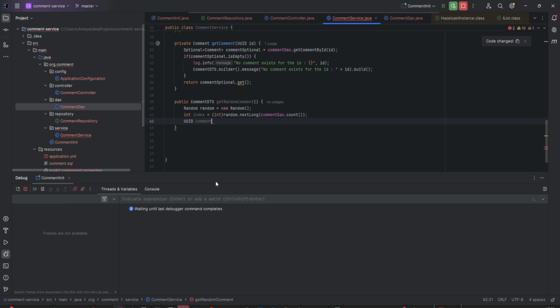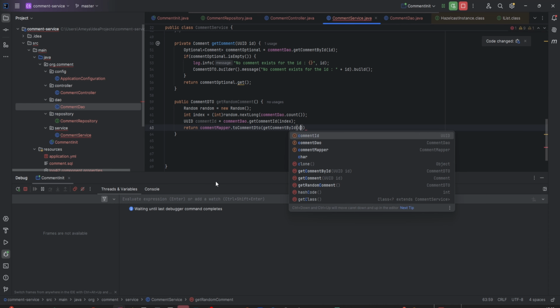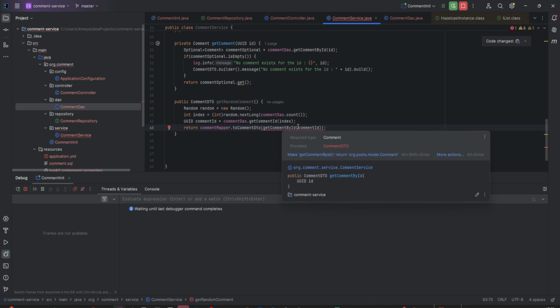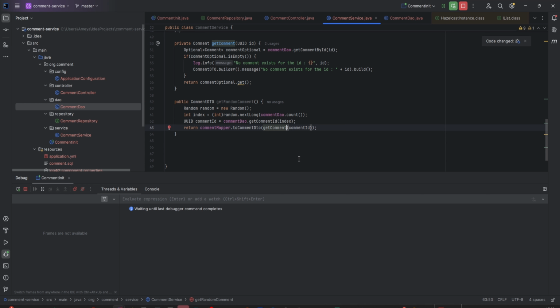So this would be comment id equal to comment DAO dot get comment id, that'll have index, and have a return comment mapper dot to comment DTO, get comment by id, and this will be the id, comment id, and get comment. Okay, now